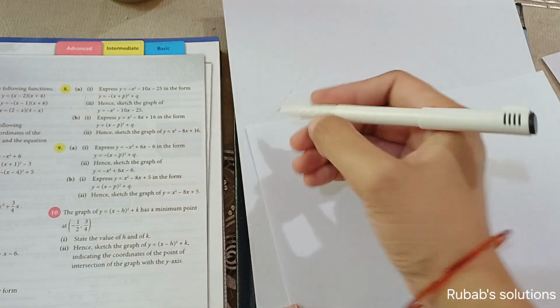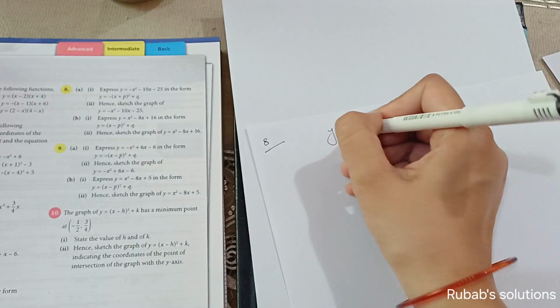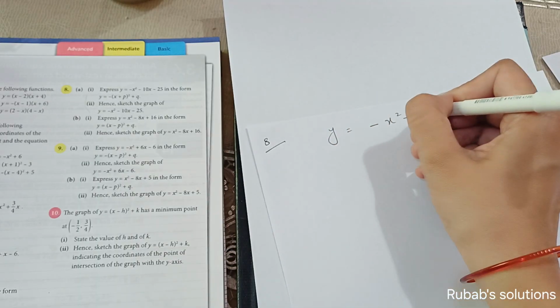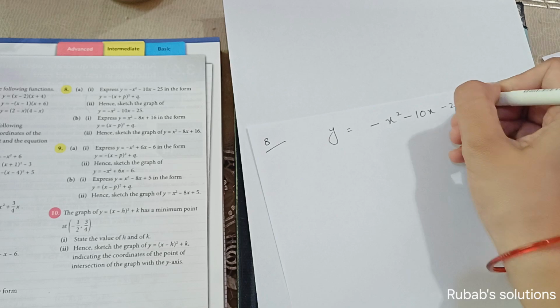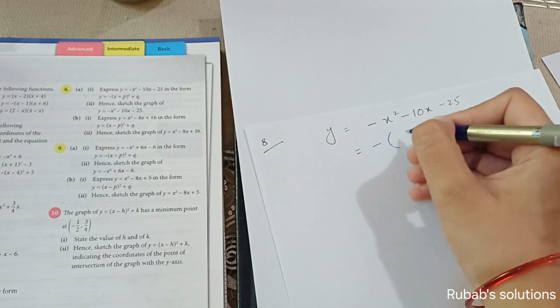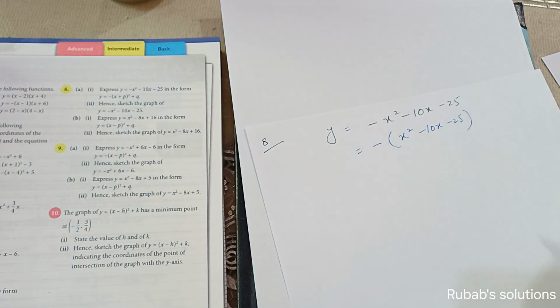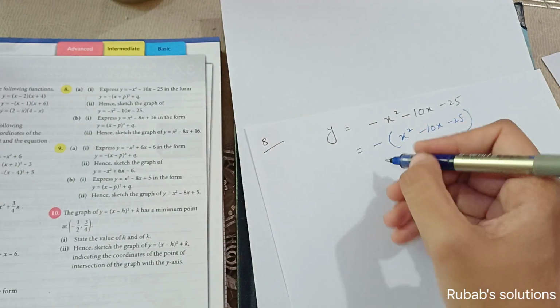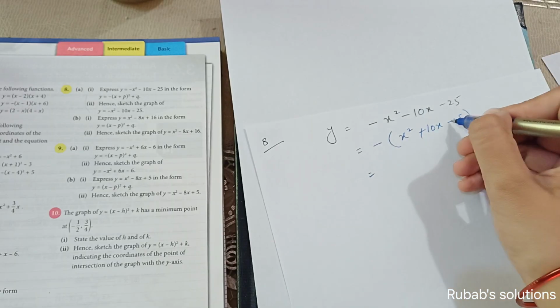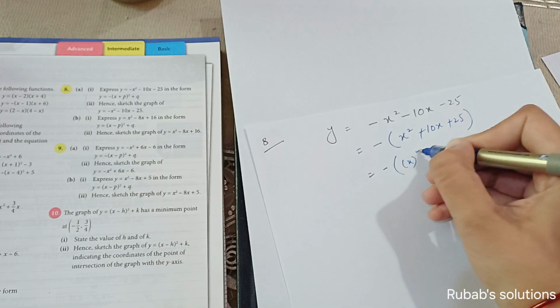Moving towards the next question, question number 8, and question number 8 is y is equal to minus x square minus 10x minus 25, और इसको भी हमने एक्सप्रेस करना है उसी फॉर्म में. फर्स्ट ऑफ ऑल माइनस कॉमन ले लेंगे, x square plus 10x plus 25. सो ये तो हमारे पास x plus 5 whole square का फार्मूला बन रहा है. सॉरी, प्लस आ जाएगा जब मैंने माइनस कॉमन ले लिया, तो ये बन जाएगा x square